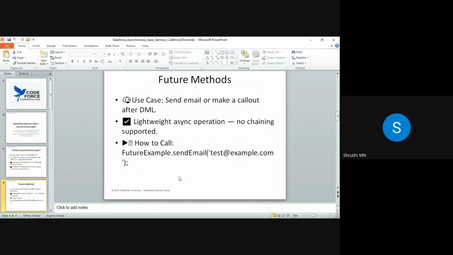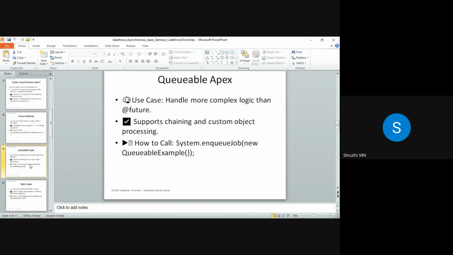formality. And it comes to the formalities which are used in the Queueable Apex, which is the next part of the use case where we handle complex logic. The use case which I'm going to take you through is handling more complex logic than a future method, which is a queueable process. Supporting the chaining process when it comes to a custom object is System.enqueueJob, where we have to write the syntax according to the support, that is chaining in the custom object,